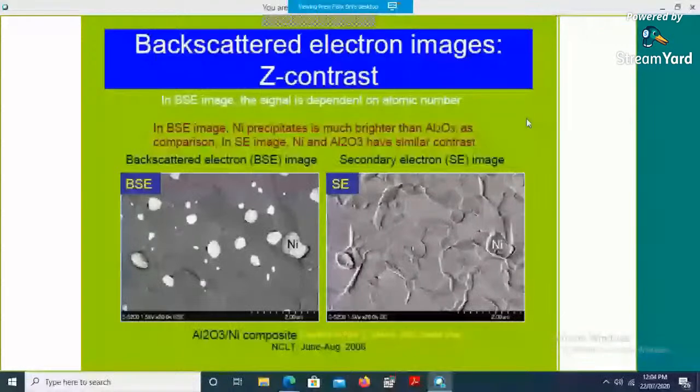Backscattering depends on the atomic number. The heavier elements scatter more. So in that case, the contrast is better in a composite or a mixture sample. The contrast between different elements is better in the case of backscattered electron detectors, due to the simple fact that the depth of penetration as well as the scattering is different for elements of different atomic number. So the heavier elements will scatter more and hence